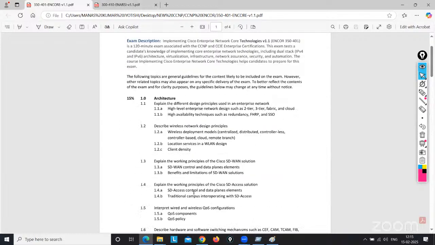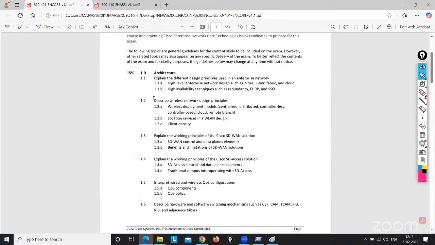If you cover all the topics from the Encore, then 40 to 50% of the wireless topics will be covered. The only things left are that Encore configuration is not there, mobility configuration is not there, and somehow the full Encore is also not there. So these things are left in the Encore, but 40 to 50% are here. SD1 is also part of this.